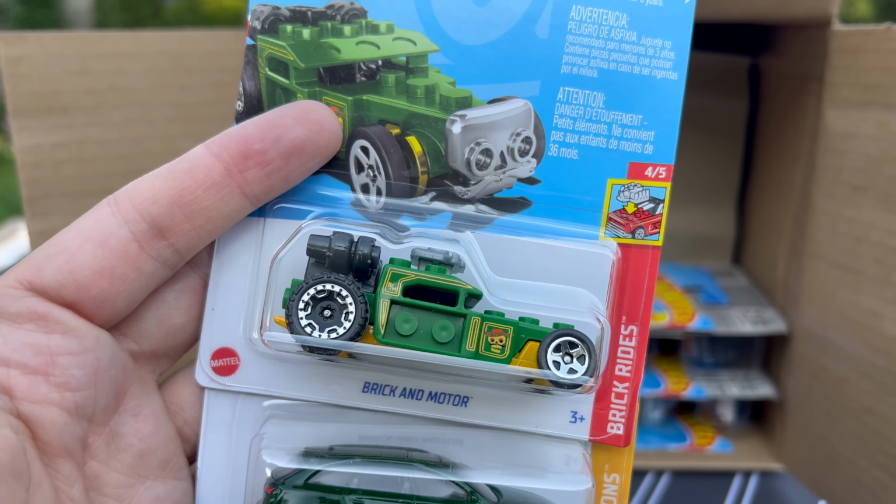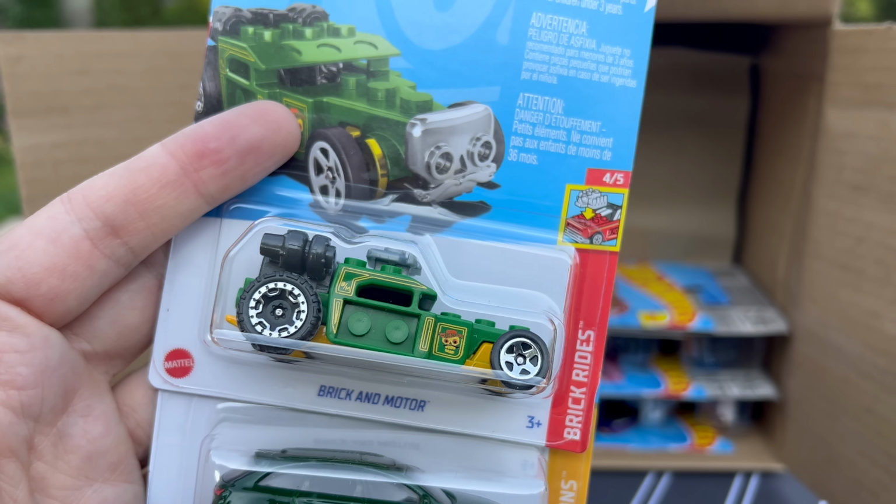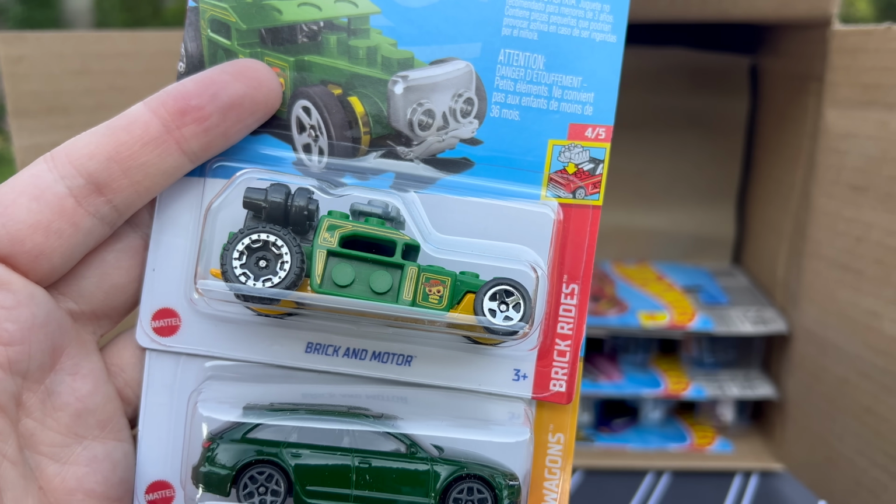I'm not allowed to say what it is yet, but brick and mortar. I asked the Hot Wheels team if they would send them so I can do a sneak peek video. Maybe we'll get to that